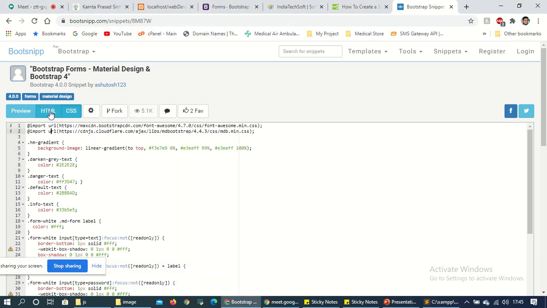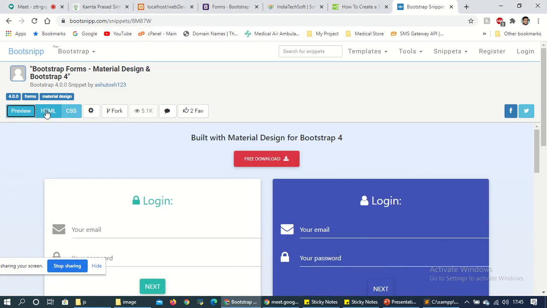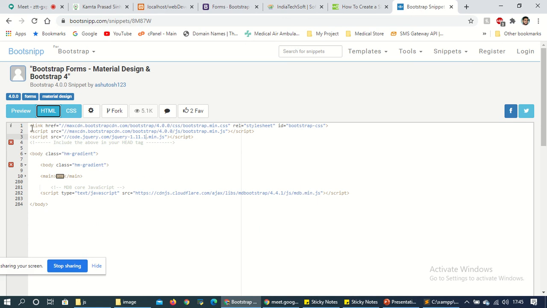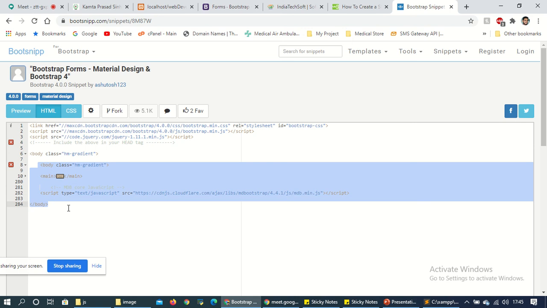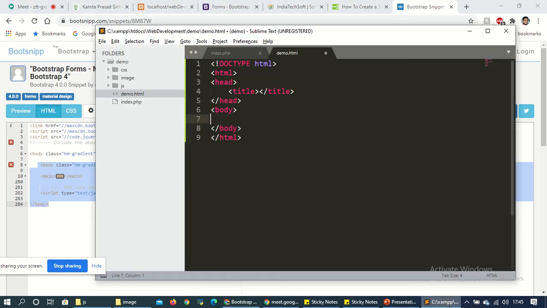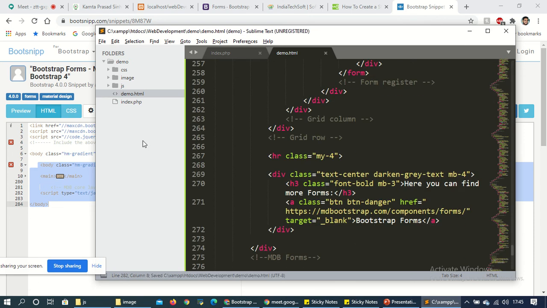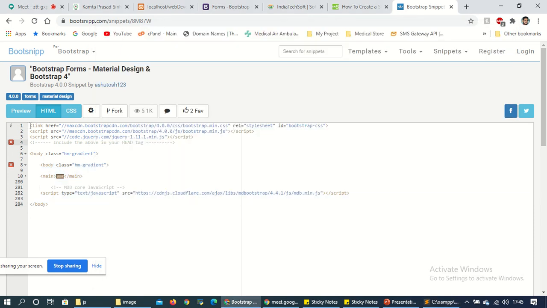This design. I'll copy this whole code body and come to this body, paste.